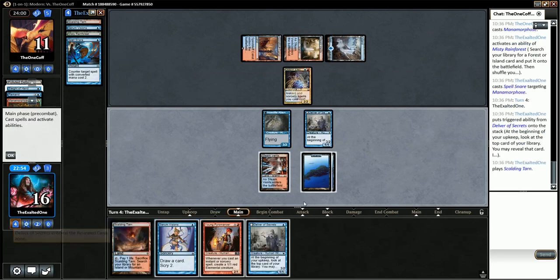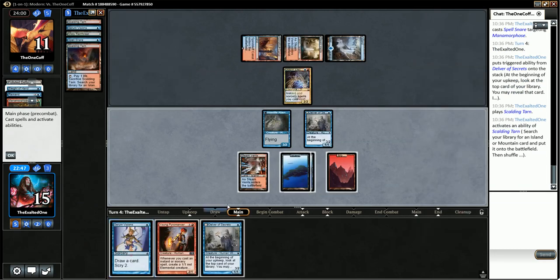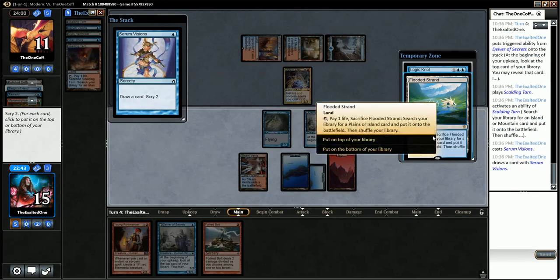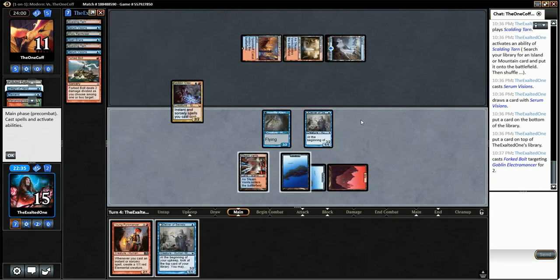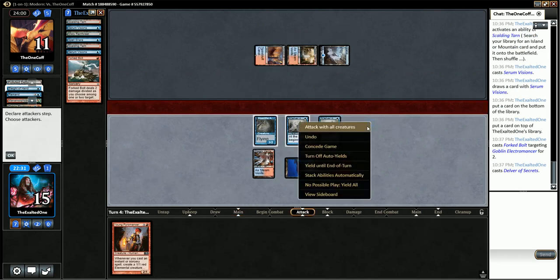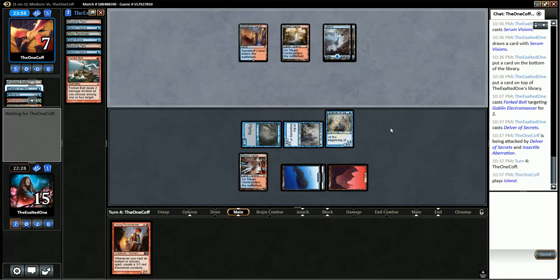So I think I'll fetch, getting a mountain. And I don't think I really have any reason to cast Pyromancer first. Okay, Forked Bolt's good. I don't need the land. Logic Knot is a nice draw. Forked Bolt the Electromancer. Cast the Delver. So this gets in for 4, puts them to 7, and then our Delver should flip off the Logic Knot